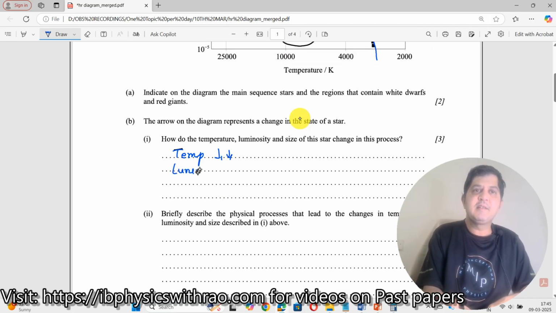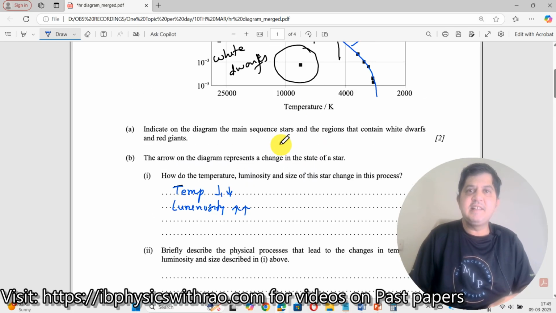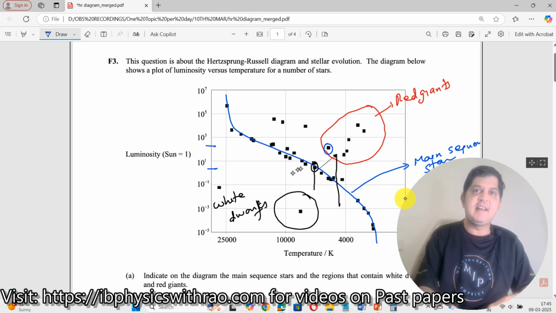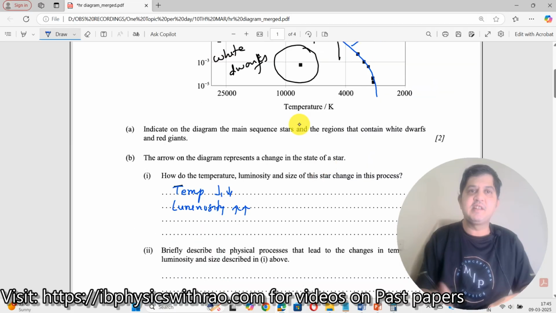Luminosity is increasing. And then what is the size of the star? What happens? Now you see the radius. As I told you, there is no radius being shown over here. Definitely, red giants are larger in size. I told you, red giants are larger in size. So therefore, this has a larger size as compared to the main sequence stars. So as a result of this, you can say size also increases. Okay. So these are the three parameters that change when there is a transition from main sequence stars to red